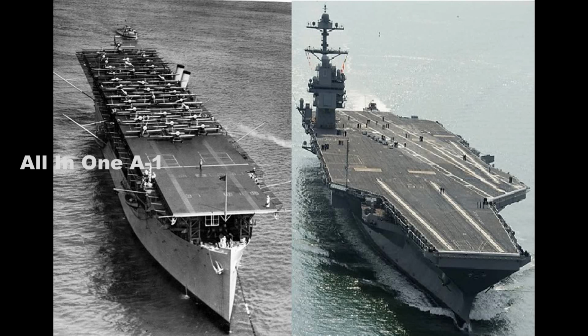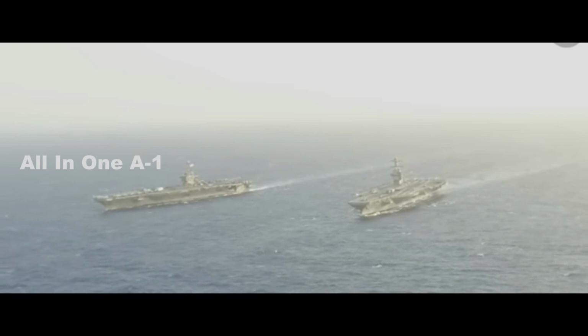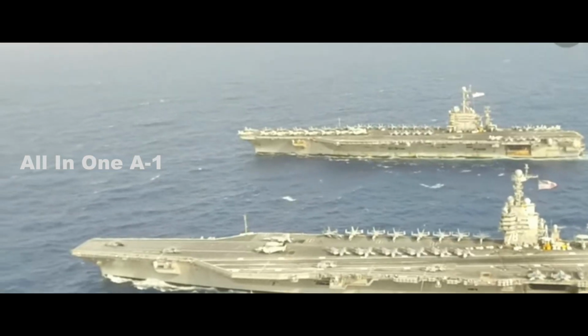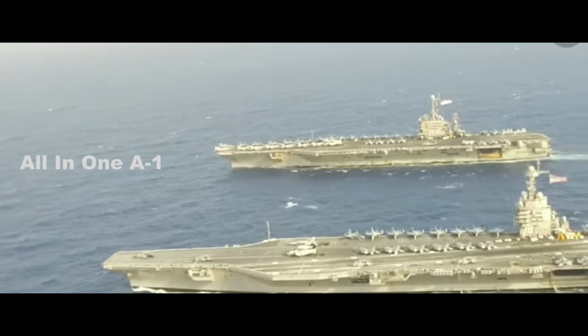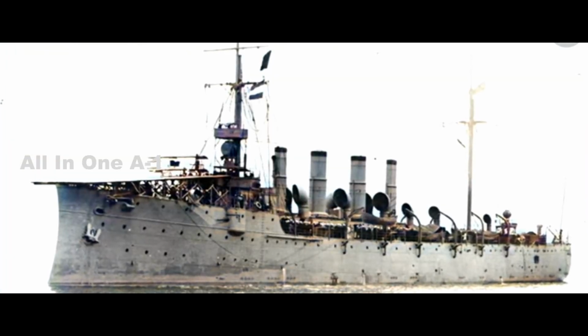100 years of America's aircraft carrier history, from USS Langley to USS Gerald R. Ford. One of the most enduring symbols of American military power is the aircraft carrier. This year marks the 100th anniversary of aircraft carriers in U.S. Navy service, with scores built in the century between the launch of the USS Langley and America's latest carrier, USS